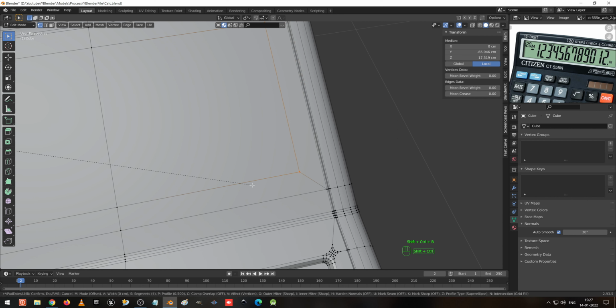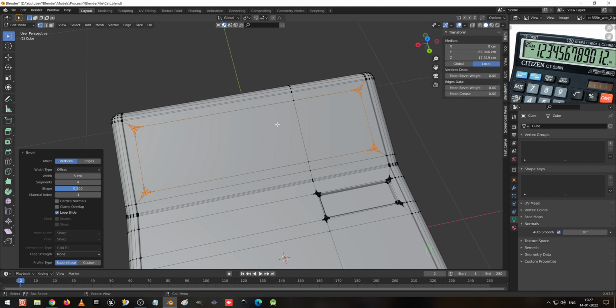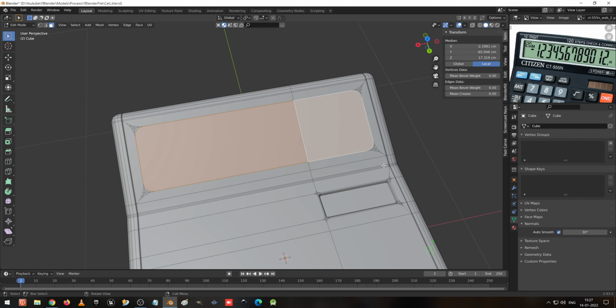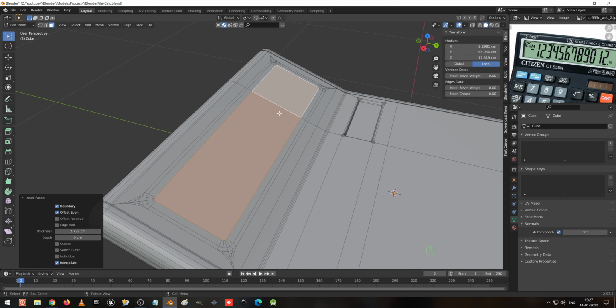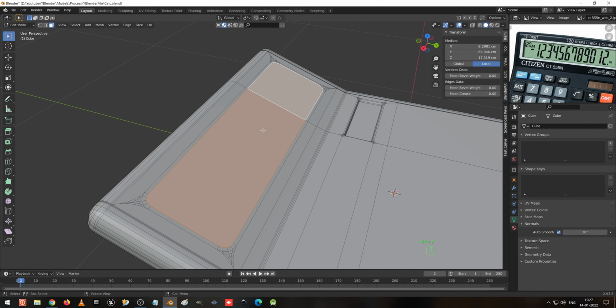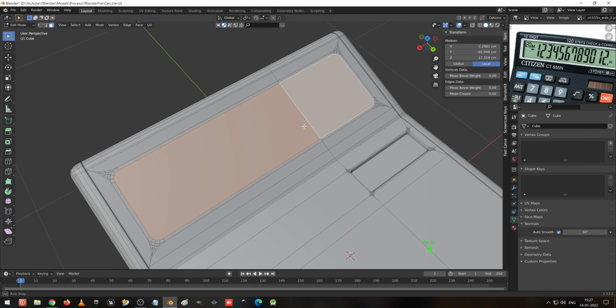Ctrl Shift B to create a bevel, press 3 on the keyboard and I to insert, again I to insert. So this is the display I am going to give. I press Ctrl Z.